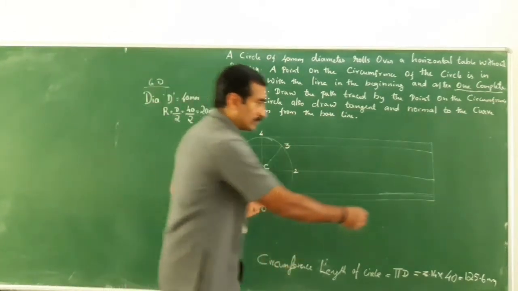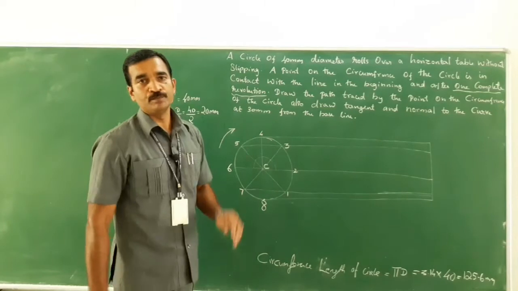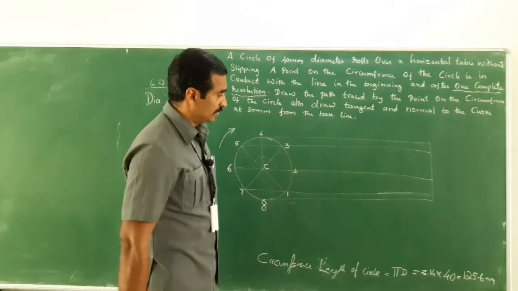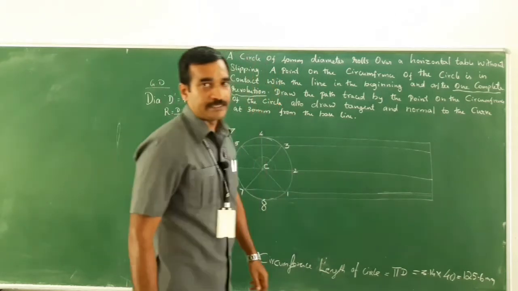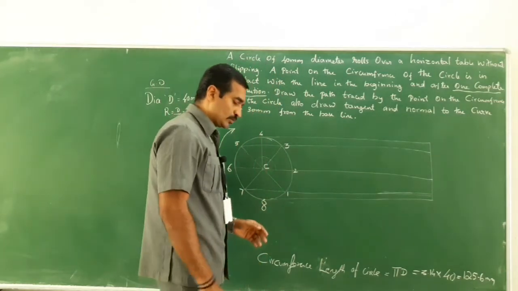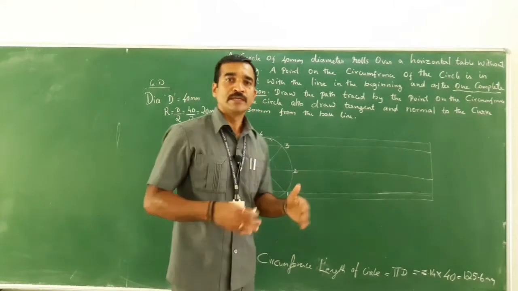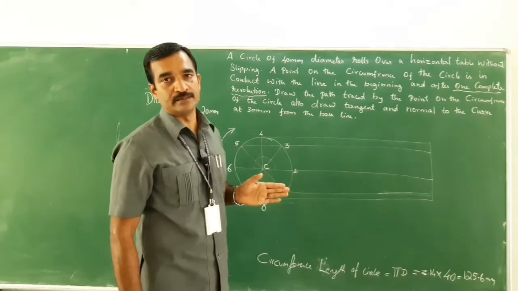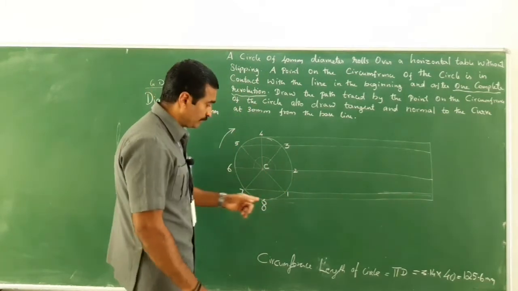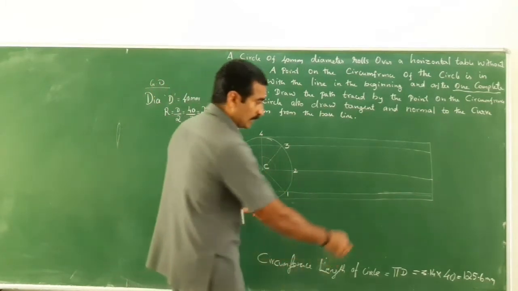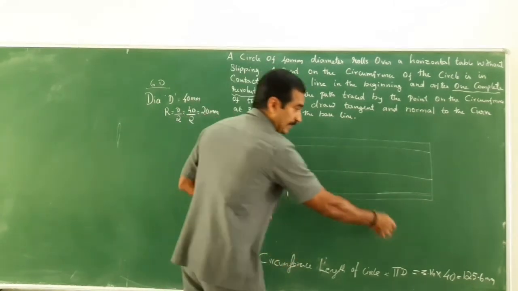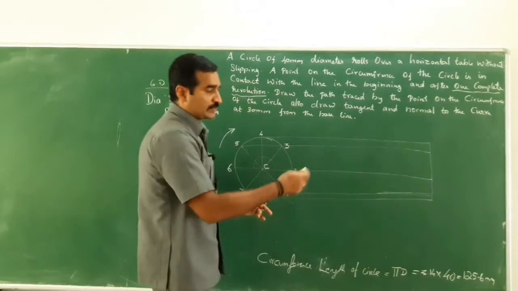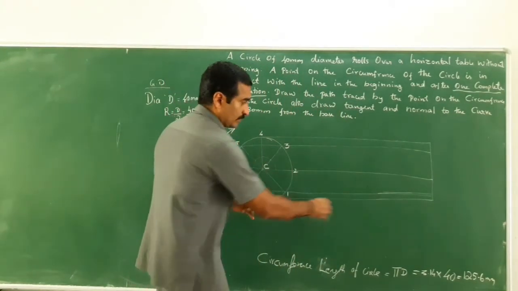Now, I will have to divide this baseline into 8 equal divisions. How can I divide this baseline into 8 equal divisions? The method which I am going to implement here to divide this into 8 equal divisions is the bisecting method. So, take your compass, keep it at 8, take more than half of this. That means more than half, close to 65 or 70 mm, somewhere here.